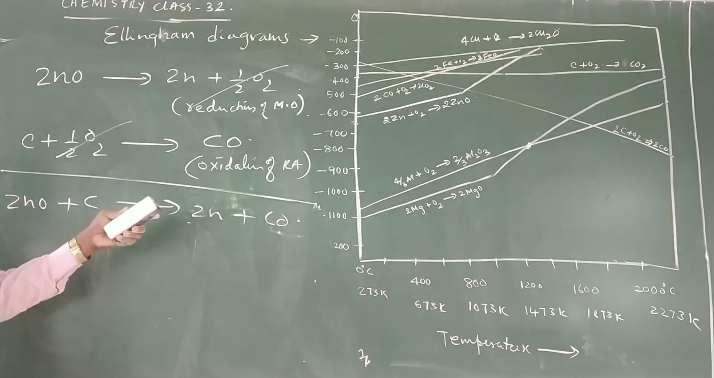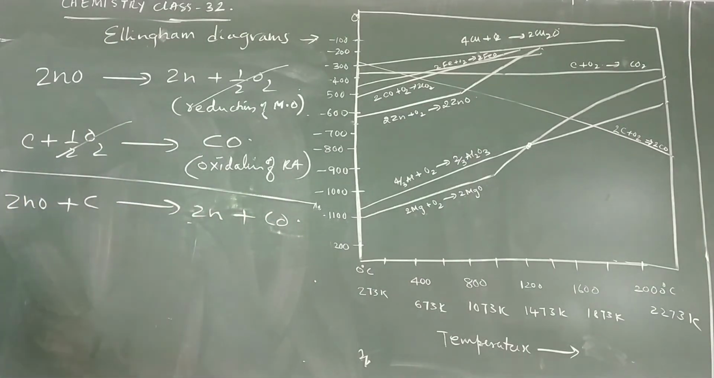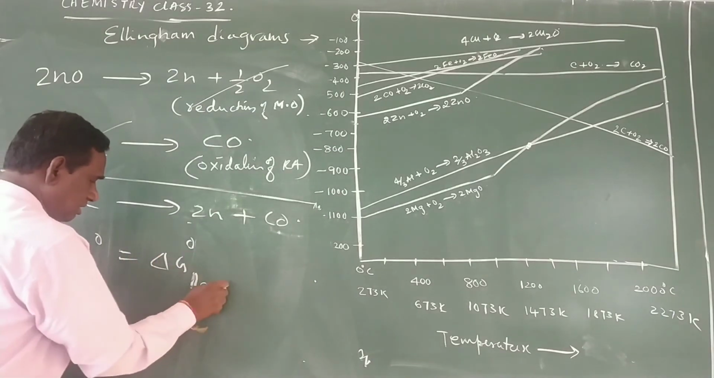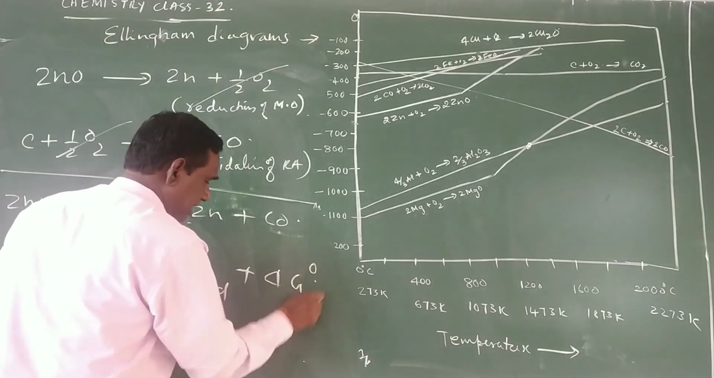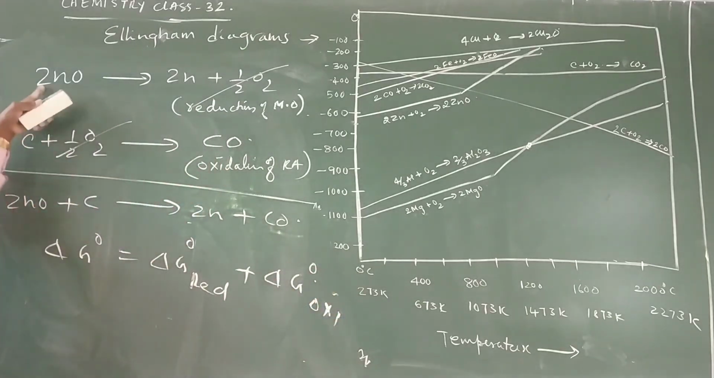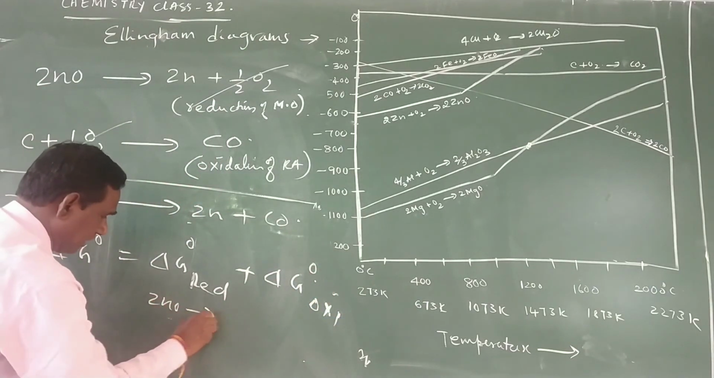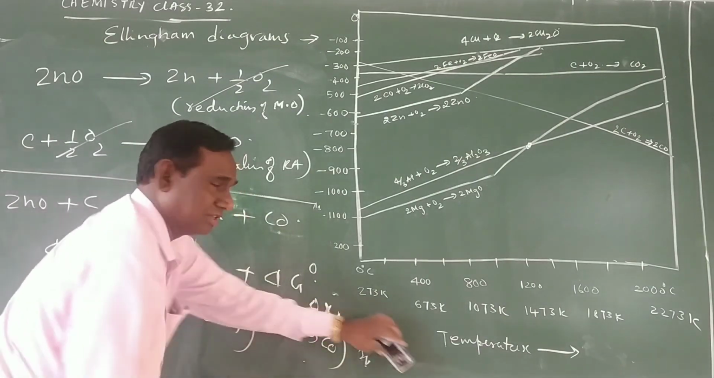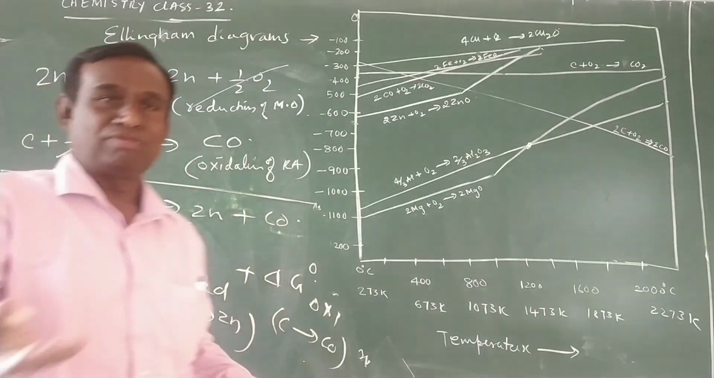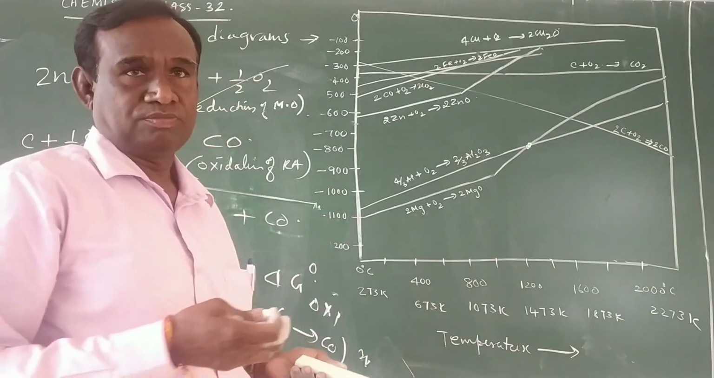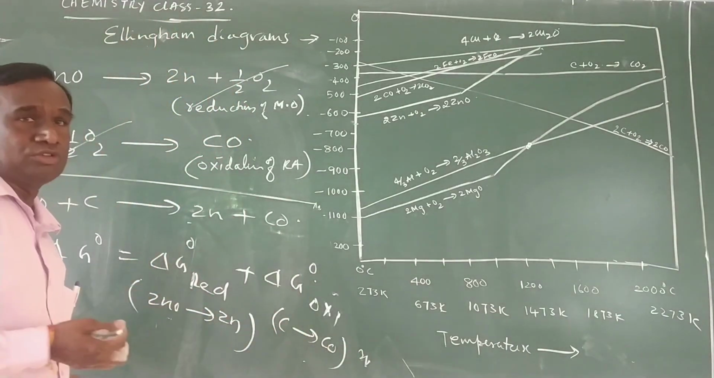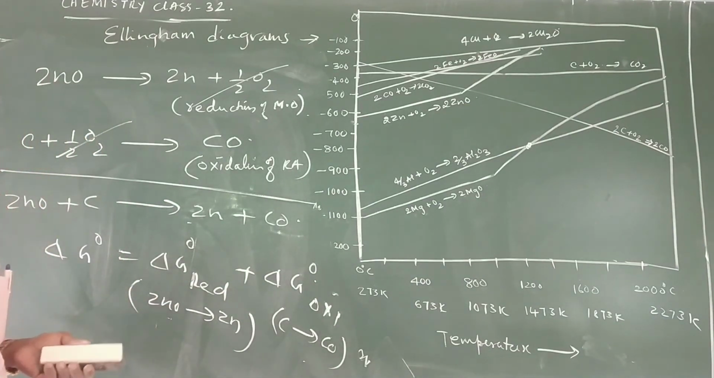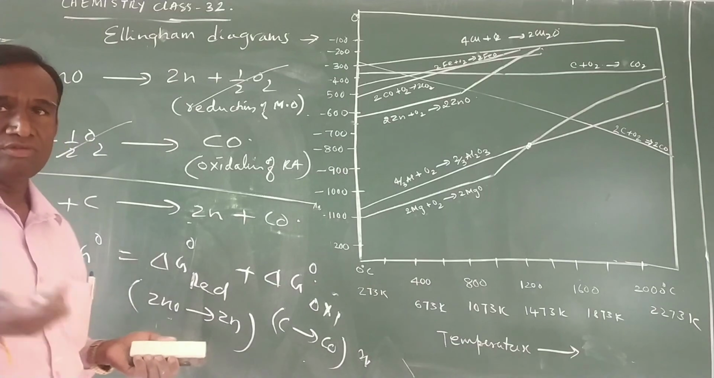For this also we can write the ΔG° value. How do you write? ΔG° is equal to ΔG° of reduction plus ΔG° of oxidation. Reduction means ZnO gives rise to Zn, and oxidation is C gives rise to CO. This is how we can write the example also. After this, we can have the extraction of aluminum, extraction of magnesium, etc. We will continue in the next